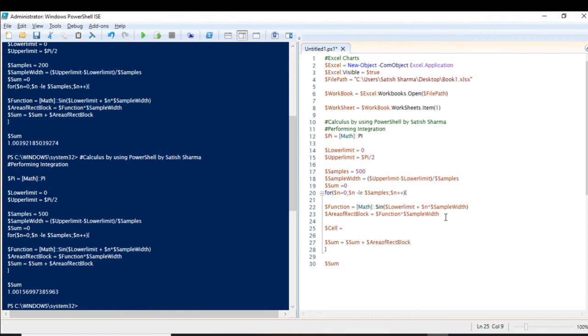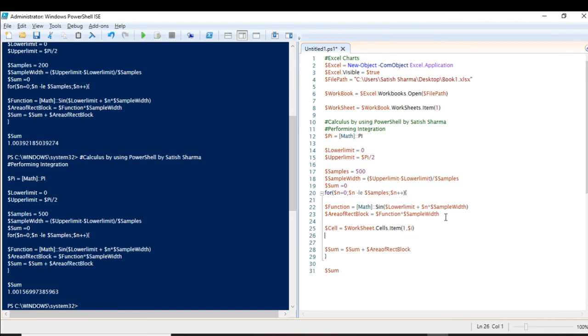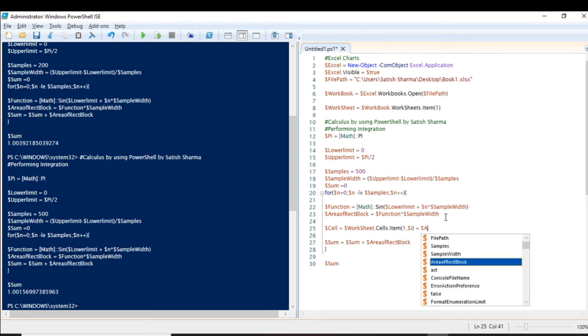We'll do it by using worksheet.cells.item, and I want to publish the individual results on the first row, $I, which will be equal to $area.